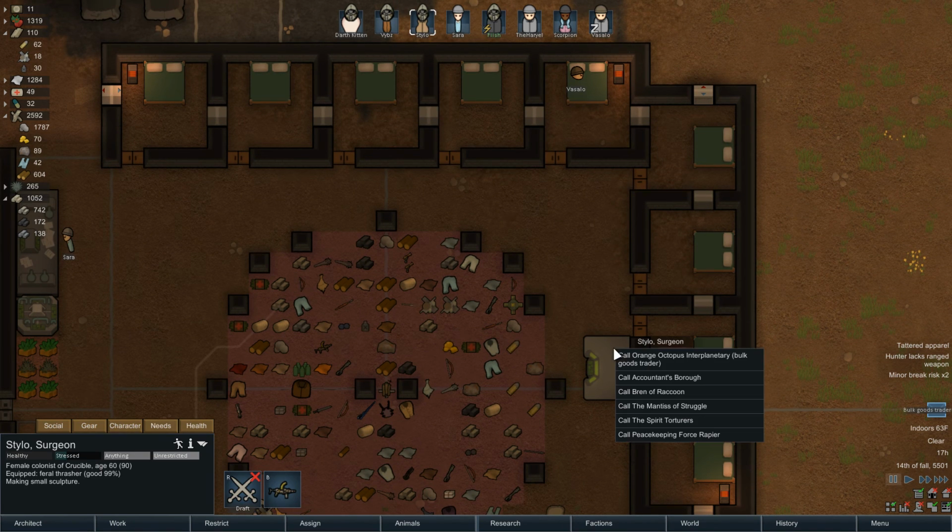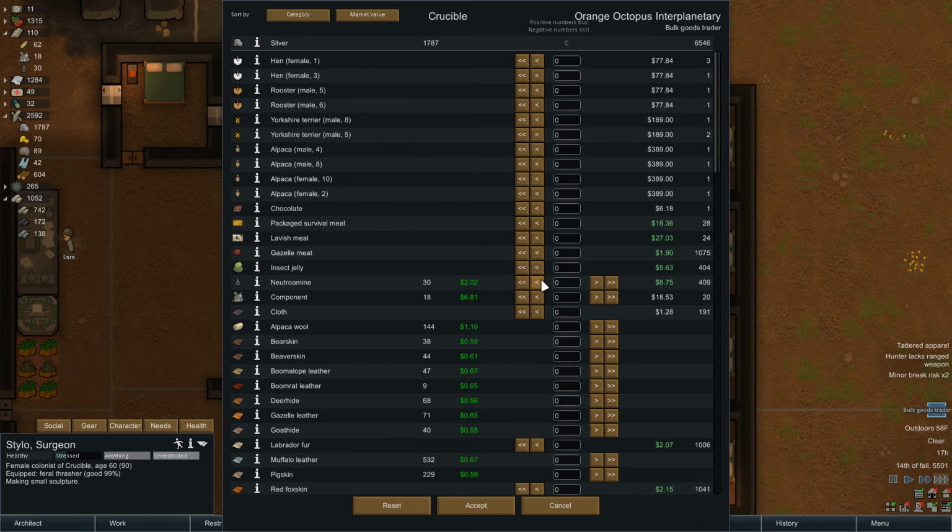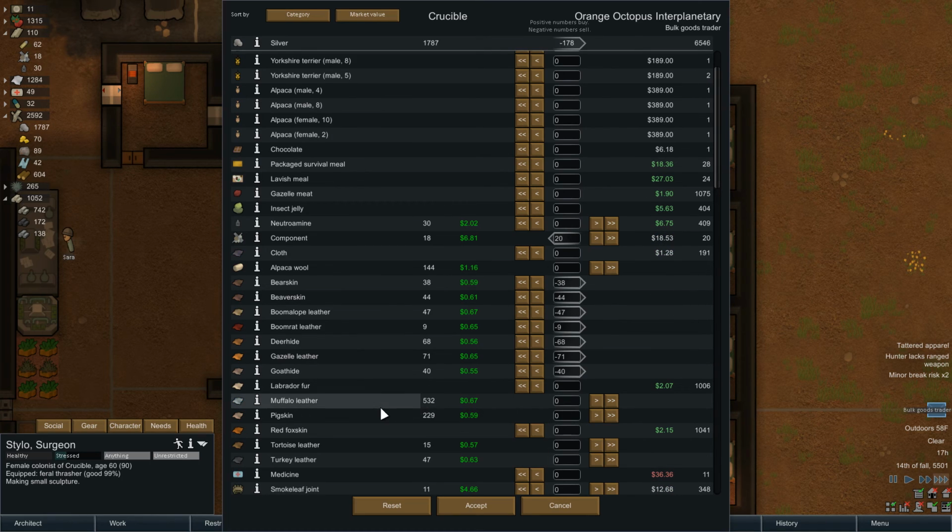Yeah, we have a lot of traders, apparently. A lot more traders than I had last time. Oh my, 20 components. I'm going to buy every single one of them, because I can guarantee we're going to use every single one. I'll sell the furs that I don't have a large amount of, because for the ones I have a lot of, I can craft some clothing. But for stuff that I have less than 75 of, I can't really do anything with that, so I'm just going to sell everything that I don't have a lot of.